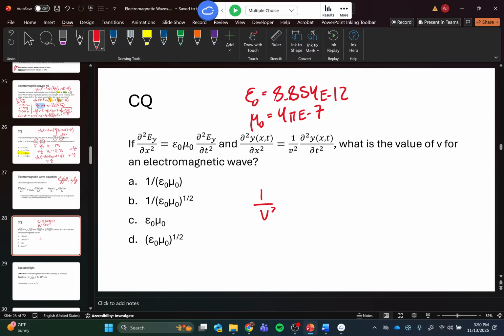All right, so you get 1 over v squared equals epsilon naught mu naught. You just compare them, and those are in the same spot, so great. Therefore, v equals the square root of epsilon naught mu naught. Great, that's my answer. I really hope you all did try plugging this in, because when you plug it in, you get a really cool number. You get